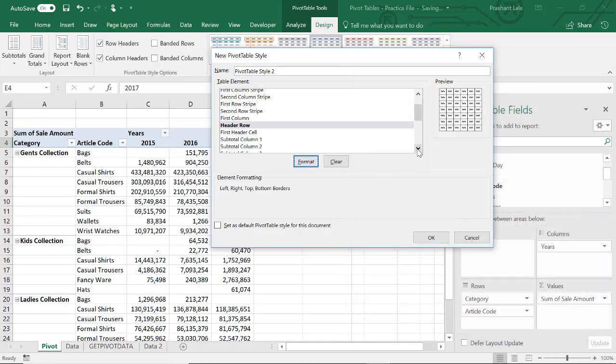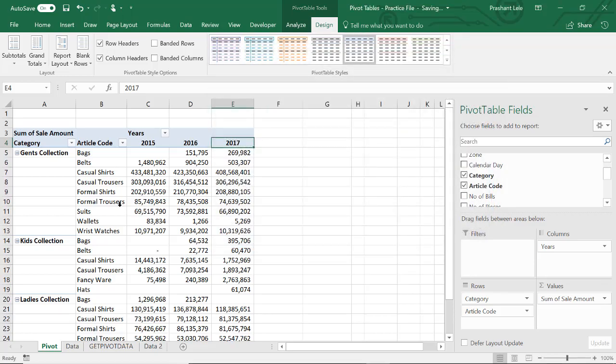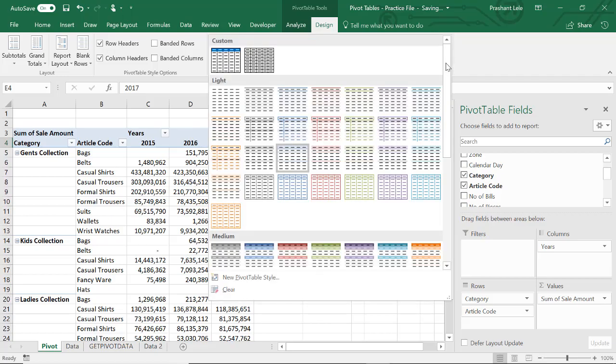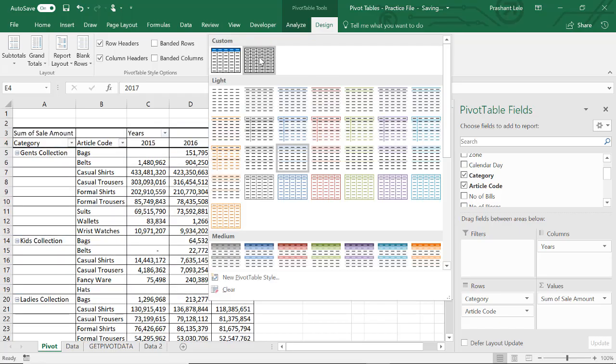Then I will select OK. As an example, these two changes are OK, but nothing happened. Why? Because we have not yet applied that style. If you click here,